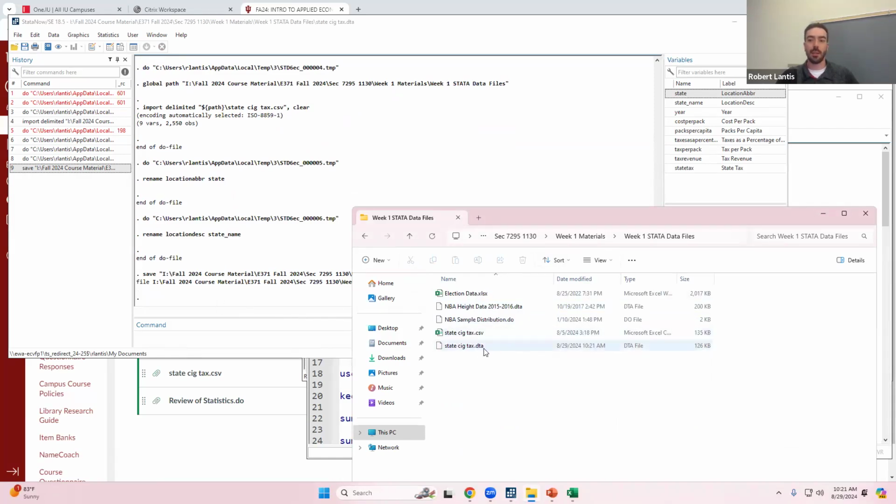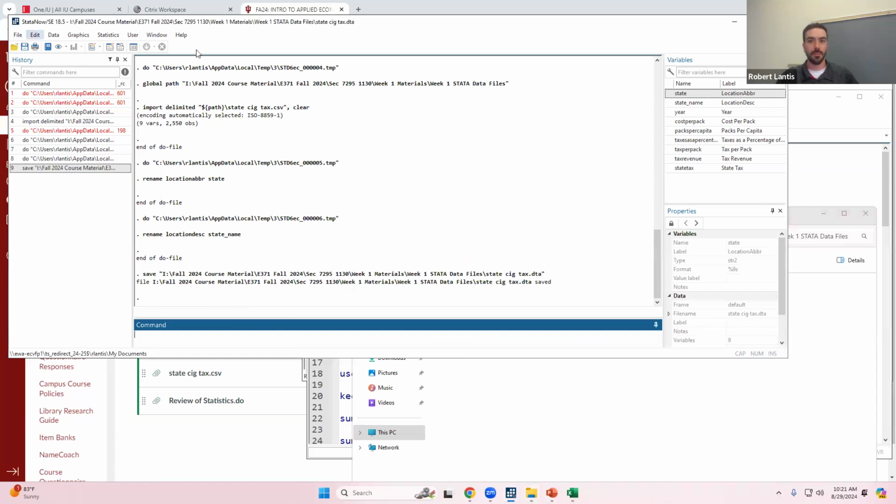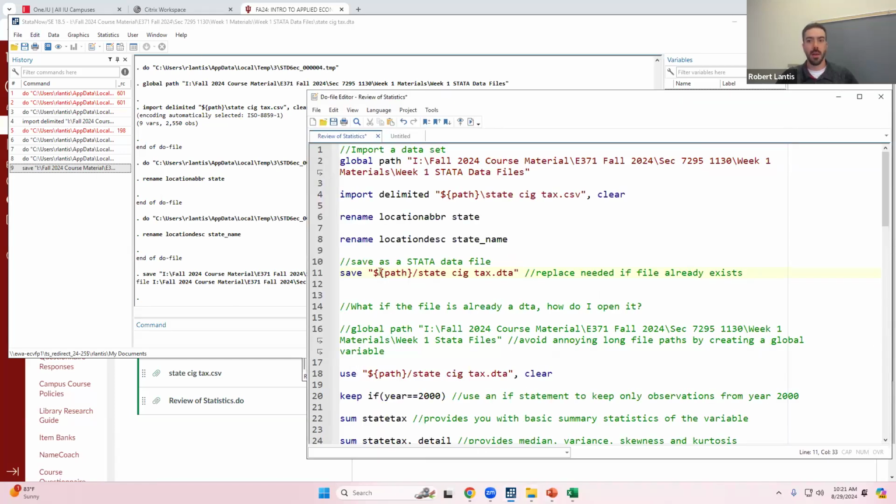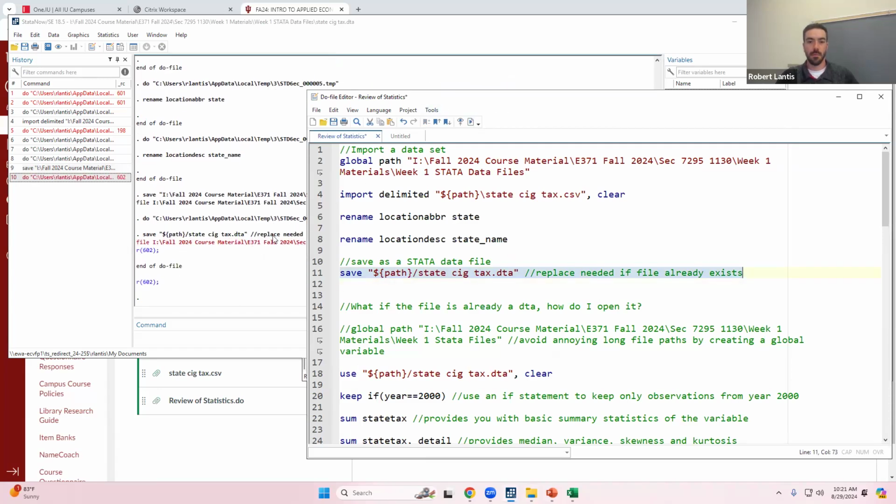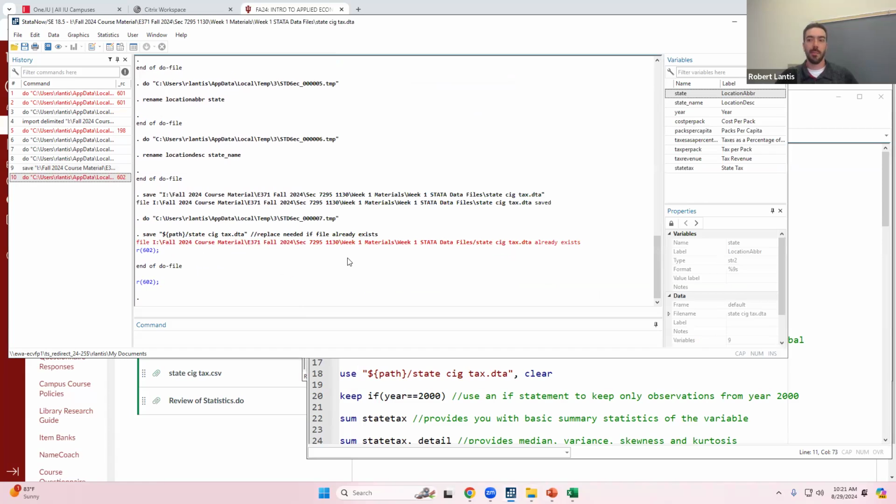So you can save this file, it's now a .dta. Notice I had that exact same code right here, but if I try to save it again, it should get mad at me because it already exists.